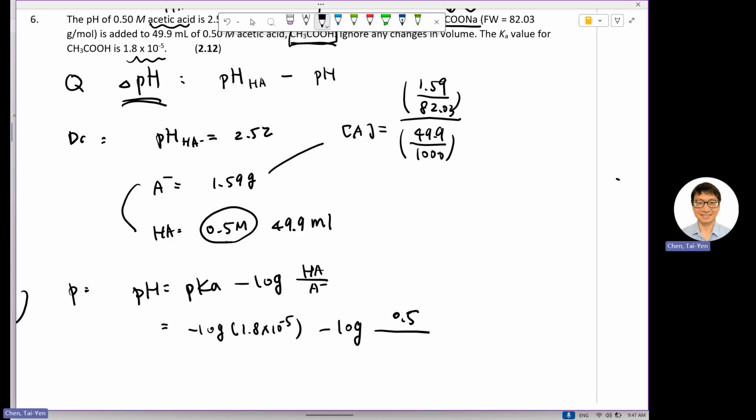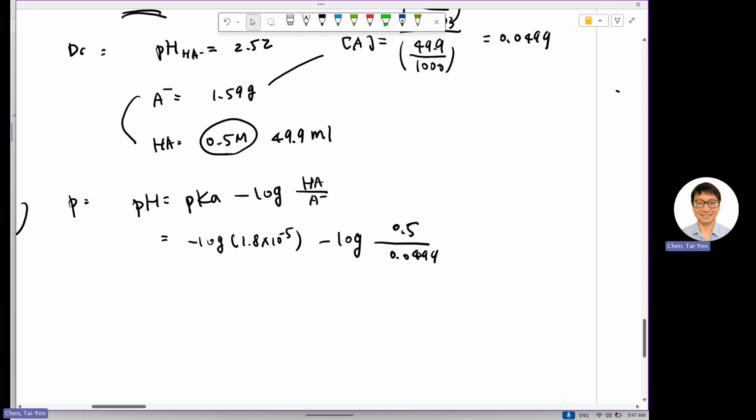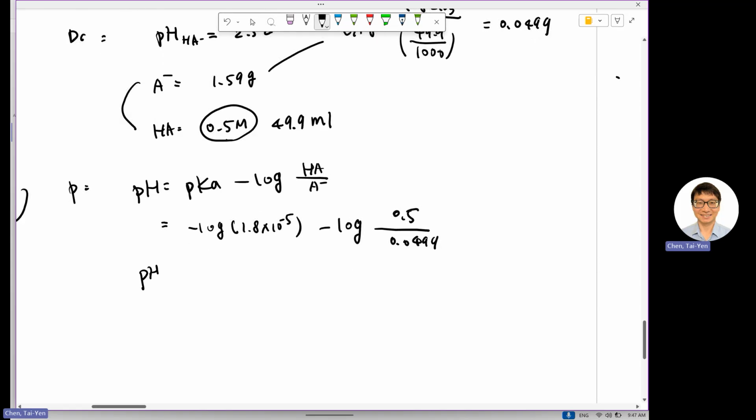Once you do that, you're going to get a concentration equal to 0.0499. Therefore, you know the pH of your buffer is going to be equal to